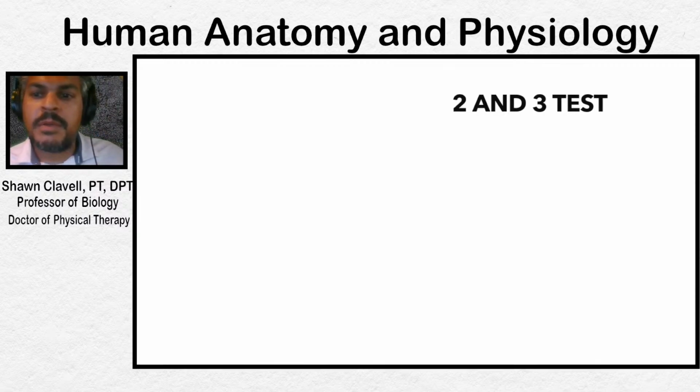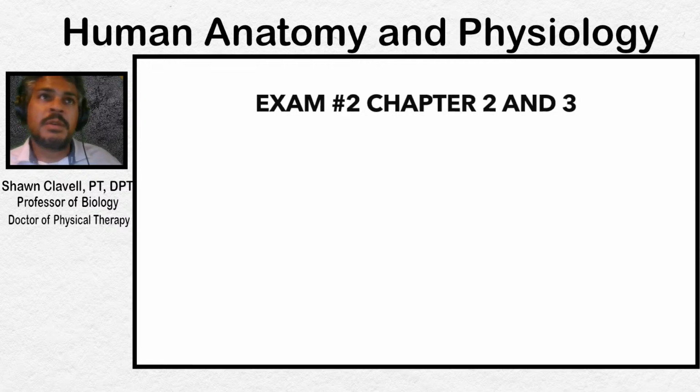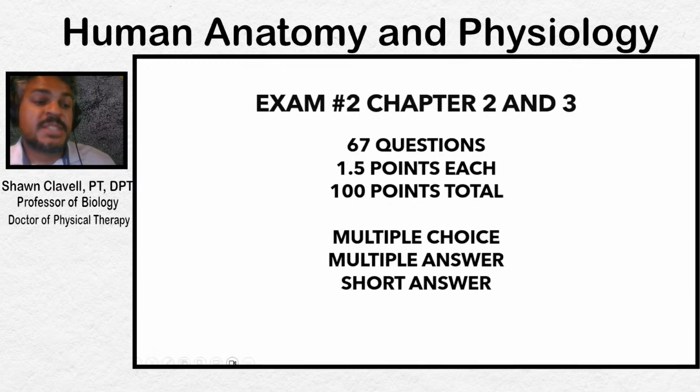And so here we go. I don't know why that didn't work there. Let me refresh this slide. There it is. Exam 2 and 3. It will have 67 questions. I think our previous one had 50 questions, and it was over chapter 1. Exam number 2 over chapters 2 and 3 will have 67 questions. It'll be about a point and a half each, and if you multiply that out, it comes out to